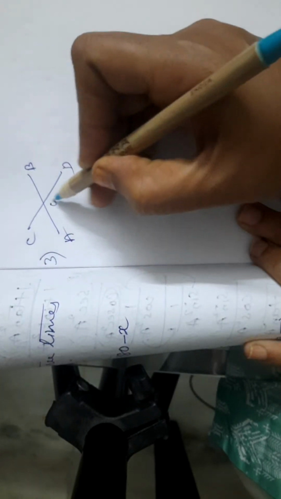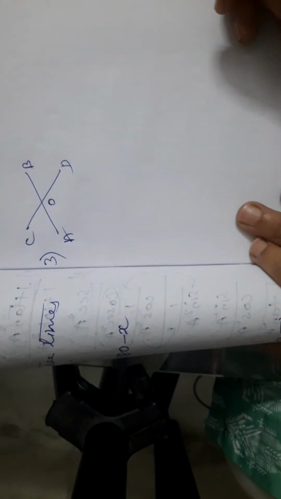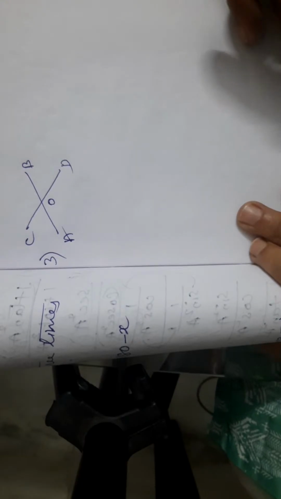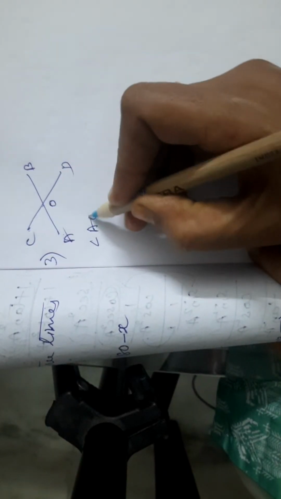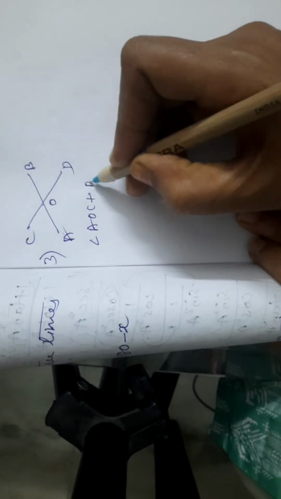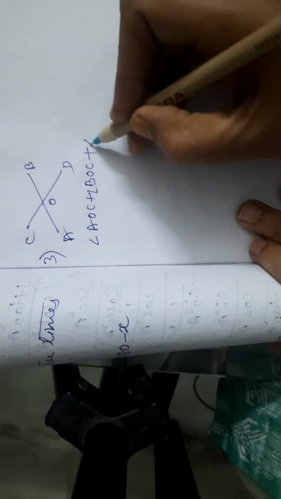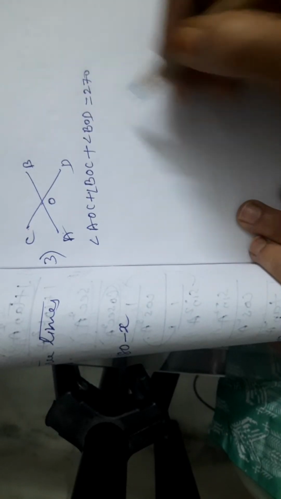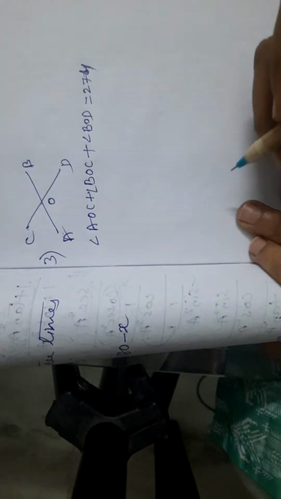They intersect each other at O. It is given that AOC plus BOC plus BOD is 274. We need to find